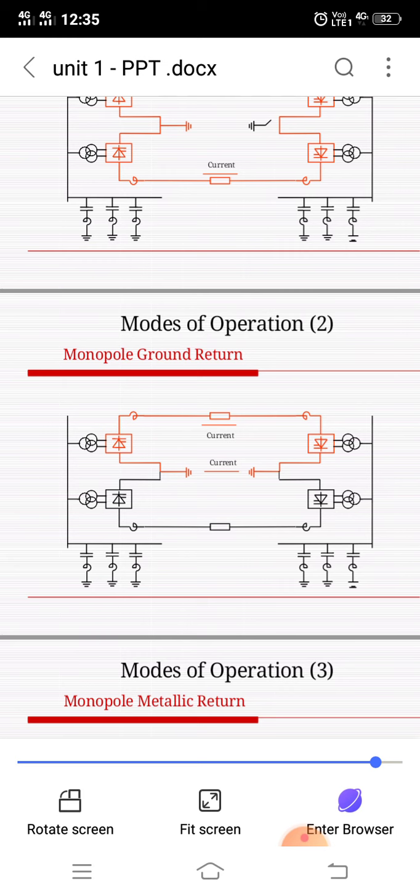At the firing angle of 90°, the average voltage equals 0; the positive and negative areas of the curve of voltage against time cancel each other out. There is no active power flow through the converter because we have inserted a smoothing reactor across the converter station, so no active power flows through the converter.